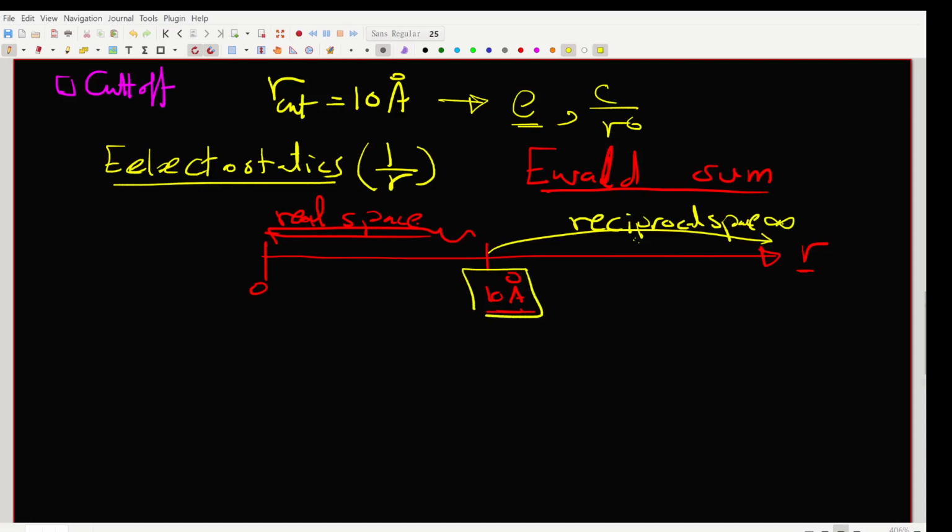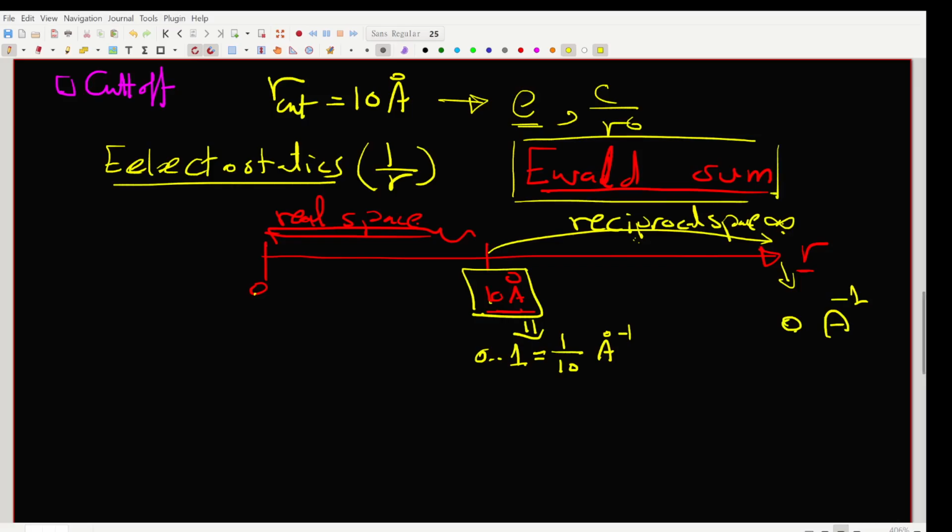In reciprocal space, 10 angstrom actually corresponds to 1 over 10 angstrom, or angstrom to the minus 1. That's in reciprocal space, right? It's 0.1. Meanwhile, infinity in reciprocal space actually corresponds to 0. So this is 0 angstrom to the minus 1. So it's like you are going in real space from 0 to 10, and in reciprocal space from 0 to 0.1, and then you sum the two contributions together, and that's the technique of Ewald sum, right? The technique, as I said, is very elaborate mathematically, but it's really beyond the scope of